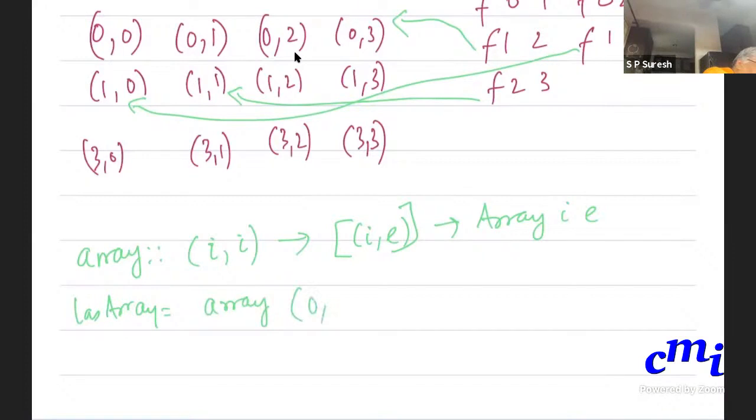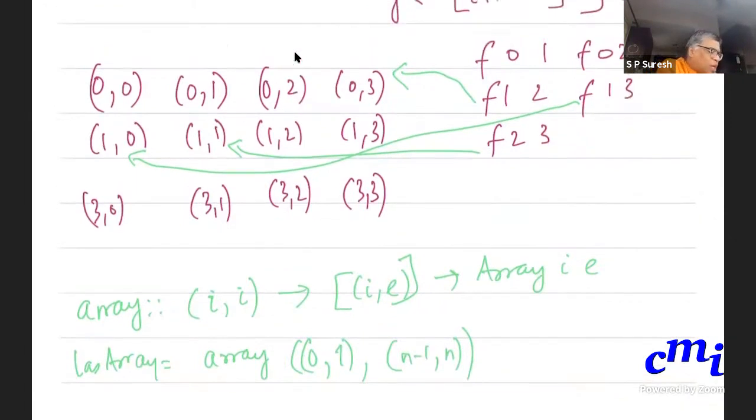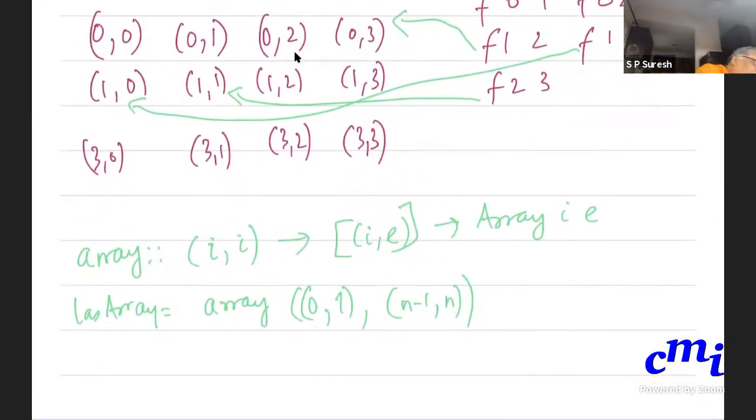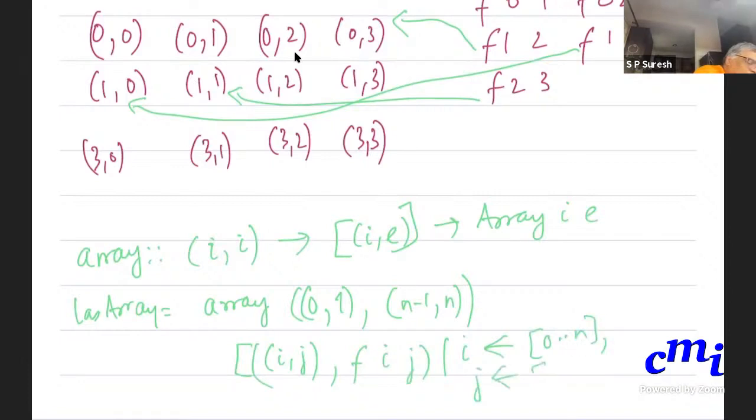And then you will again give your lower bound and upper bound, here you can be more precise: 0, 1, n minus 1, n. These are my lower and upper bounds for the indices. Remember that the indices will cover all these cases, no matter what you put. But for your values, you can just say, i comma j is associated with Fij, where i comes from 0 to n minus 1 and j comes from i plus 1 to n.